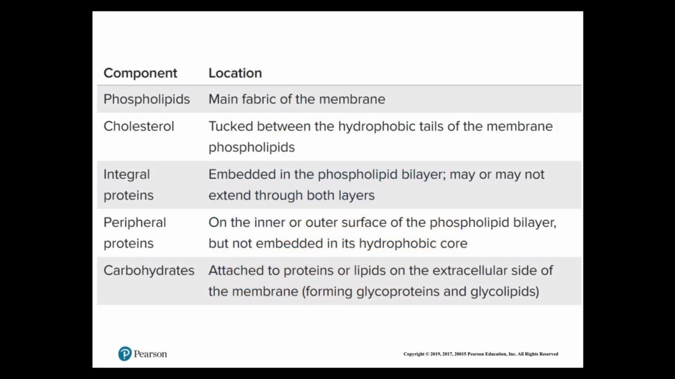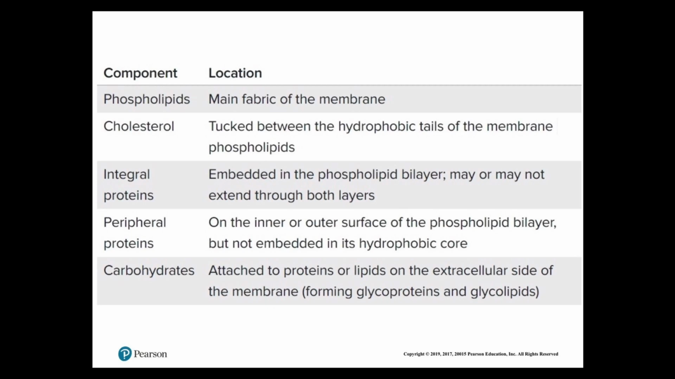This table simplifies the components of the plasma membrane, also giving their location. So phospholipids, we said, are the main fabric of the membrane, the main component of the membrane. Cholesterol is tucked between the hydrophobic tails of the membrane phospholipids. And then you have two types of proteins, the integral proteins and peripheral proteins. The integral proteins are the ones that are embedded in the phospholipid bilayer. They may or may not extend through both layers. Peripheral proteins are on the inner or outer surface of the phospholipid bilayer, but they're not embedded in its hydrophobic